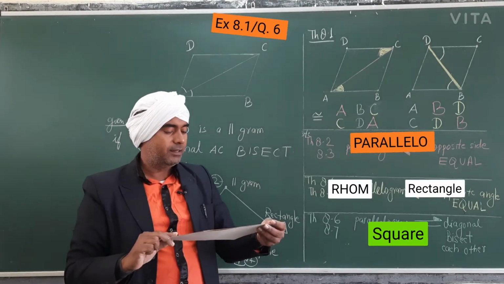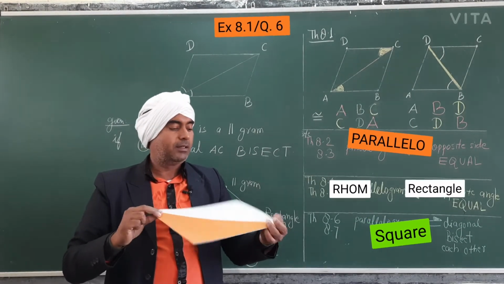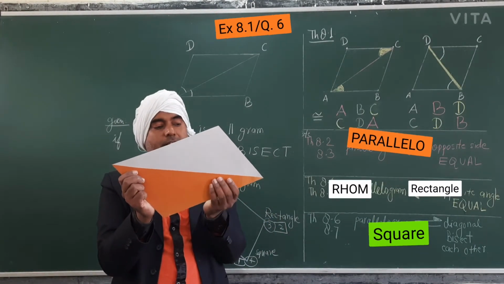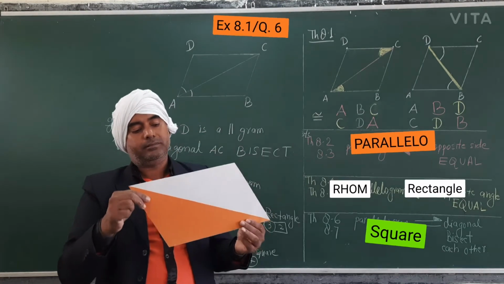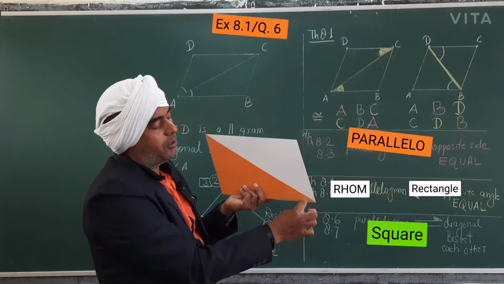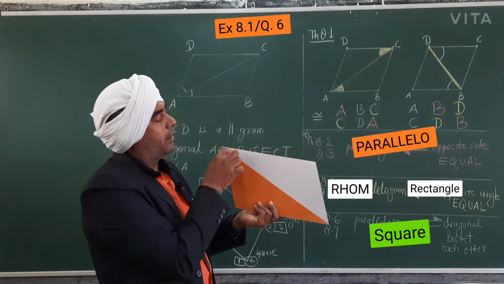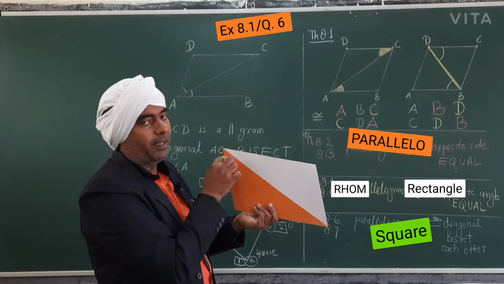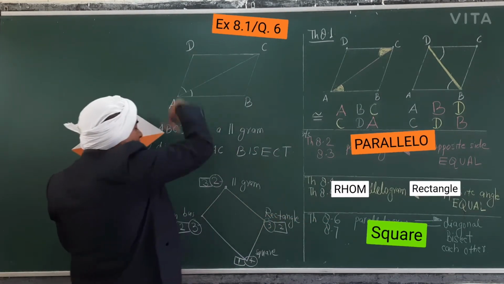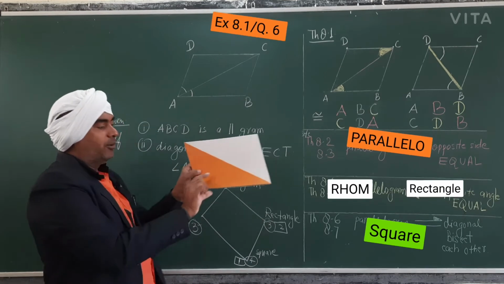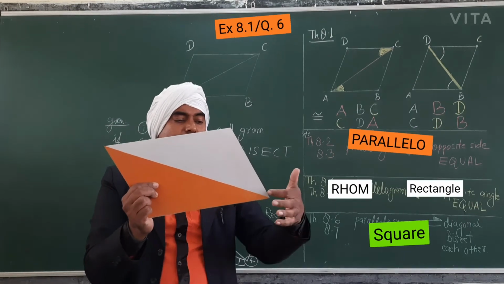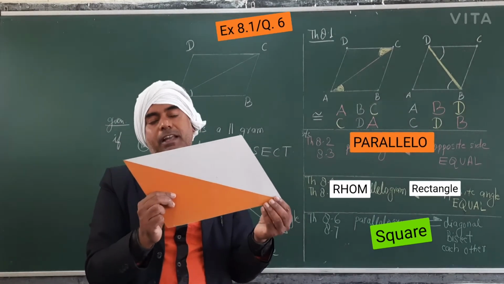You can see here, this is the diagonals and all sides are covered. Now I will show you that this white angle is not equal to this red angle, and similarly here this white angle is not equal to the red angle. But if this happens, then ABCD will change into a rhombus. I will show you. Let us consider that in a normal parallelogram it doesn't happen, meaning this is not bisected. How will I check it?